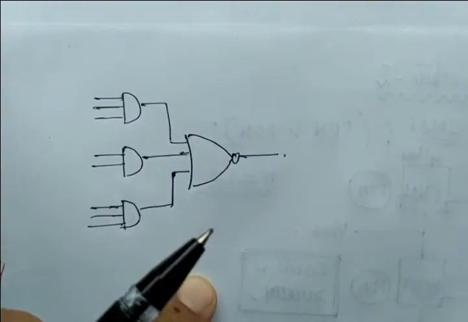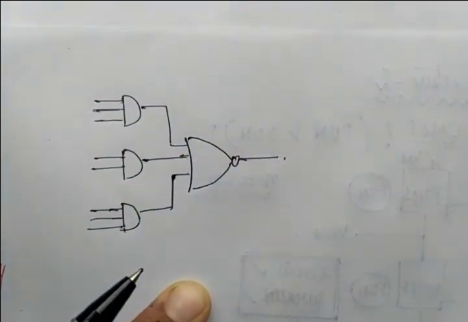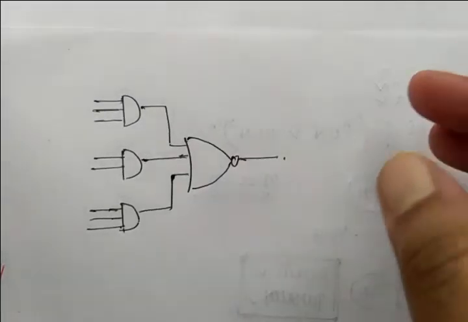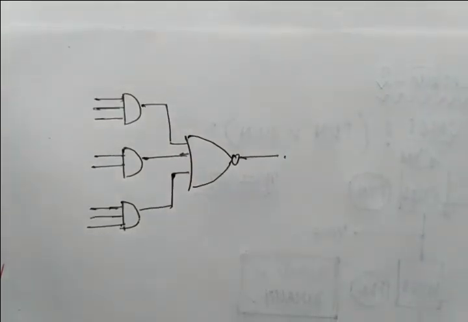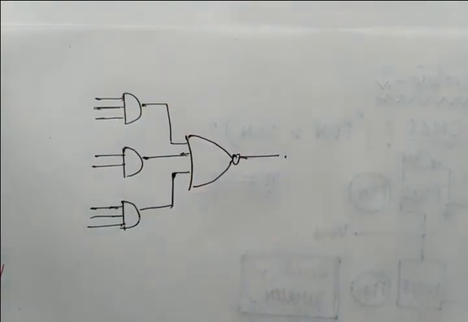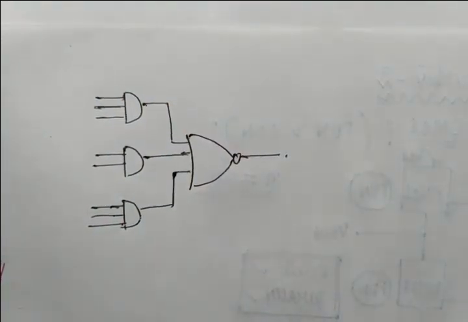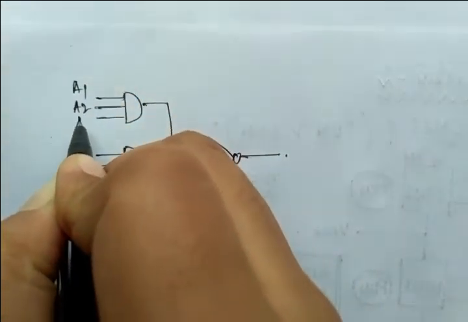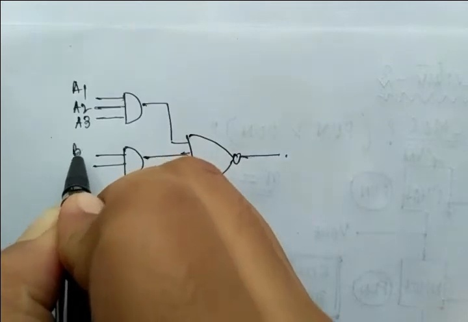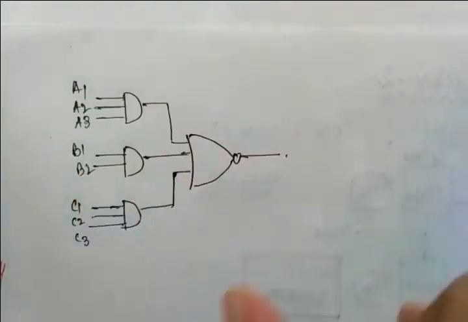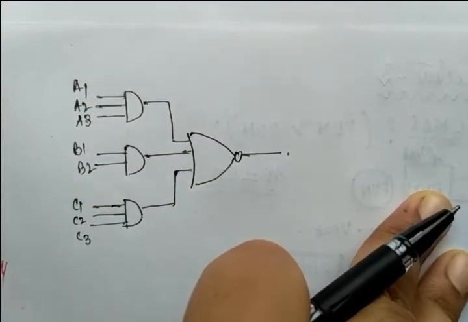But this kind of example will not come in the semester. I am doing this to help you understand what series branches are, what parallel branches are, just to give you an idea of the branch and connection related concepts. In your semester an expression will come and a circuit will come that will be designed using CMOS. So I am writing down the inputs A1, A2, A3, B1, B2, and C1, C2 and C3, like a gate level representation.